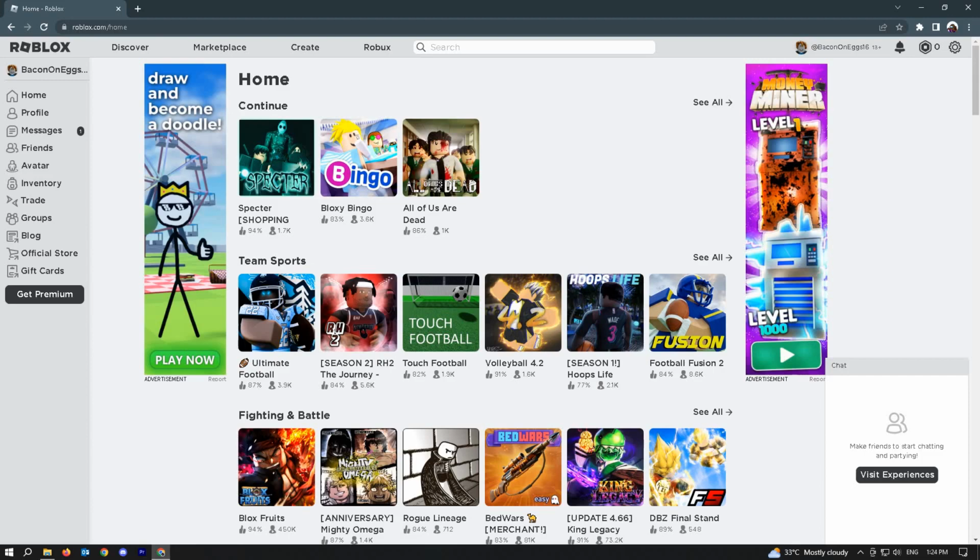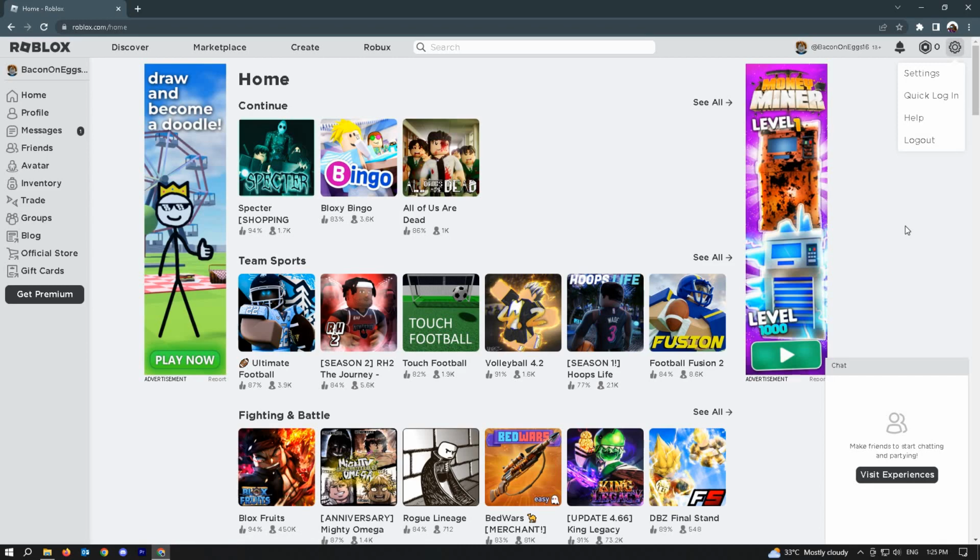So for our first solution, we have to log out and log in again to your account. It's simple, logging out and logging in again could possibly solve your issue. To log out, just go to the settings here, click on log out, and just log in again to your account. If this doesn't work, we could go ahead and go to our next solution, which is to delete our Roblox